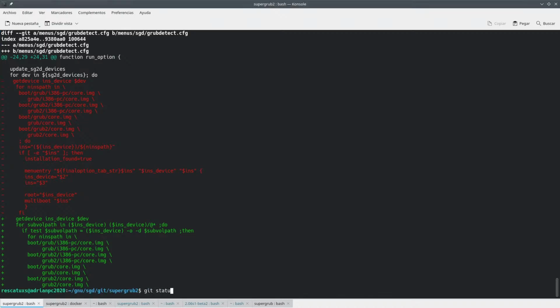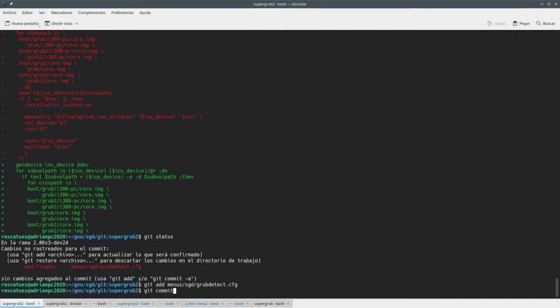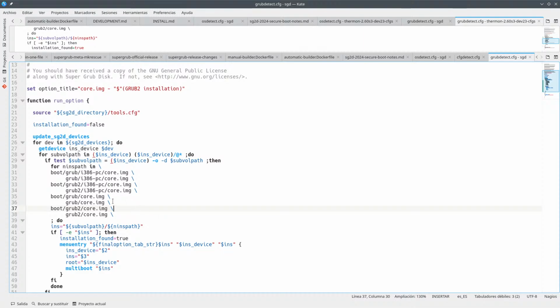Let's try to do this, and now group detect.cft added btrfs support. Okay, and now we can redo all of this so that this is nice to read for me. So the idea is to take all of this,